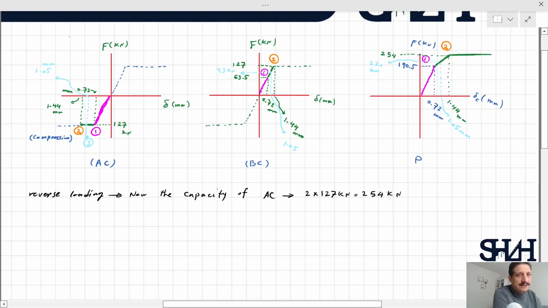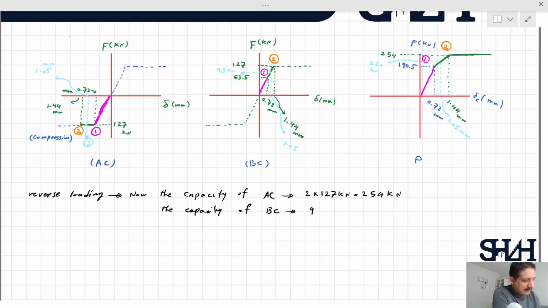If we are interested in the capacity of BC, it is 93 kilonewton plus 127 kilonewton. It is loaded up to 93 kilonewton, and it has the capacity to, in the compression side, up to 127. So it will be